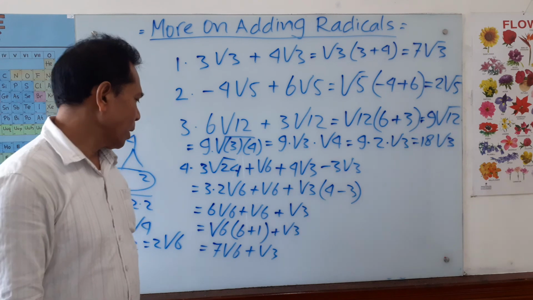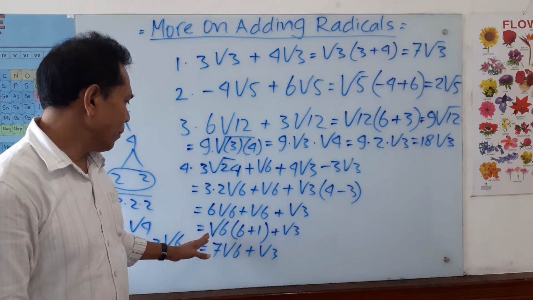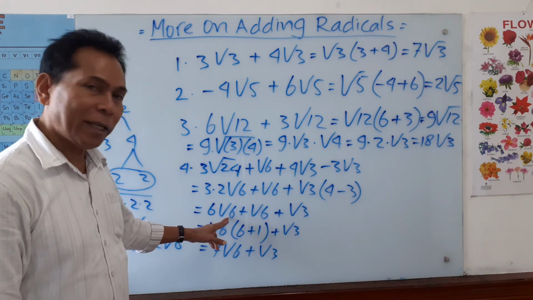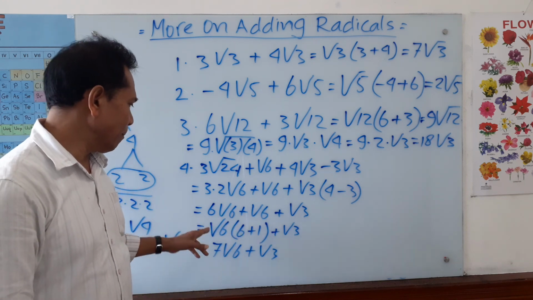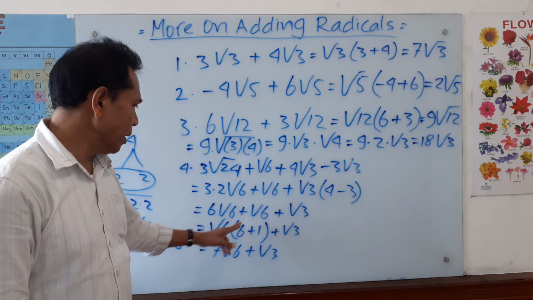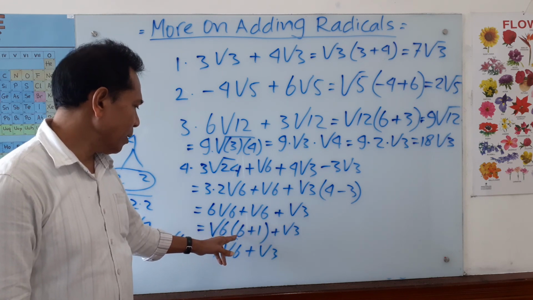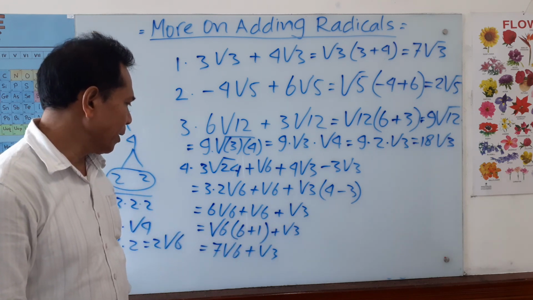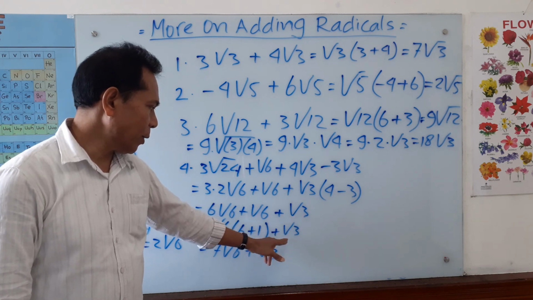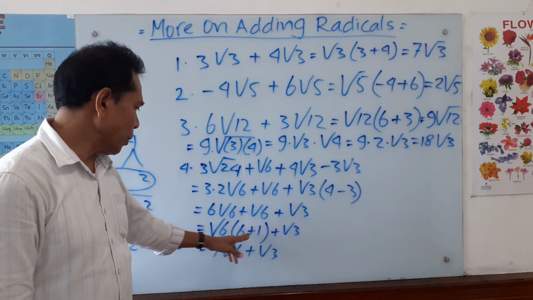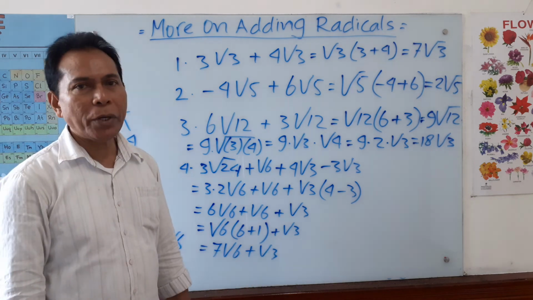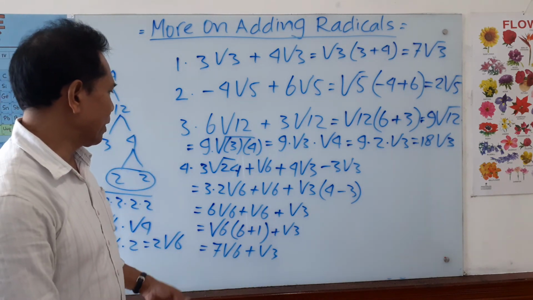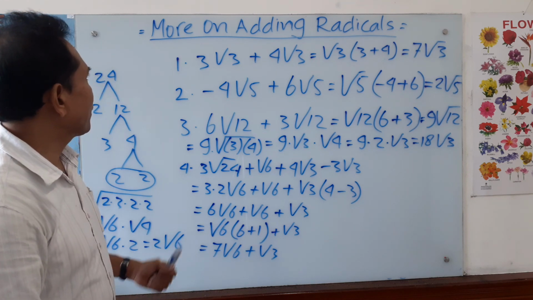So it's there. And then here, we have 1 here, because the radicals are the same. 6 here, 6 there. So we bring them, we can add them. So 6 plus 1 here. There is 1 here. So we have square root 6 here. And then 6 plus 1 is 7 plus square root 3 from that 1 here. So 6 plus 1 is 7, square root 6 plus square root 3. Alright, so that's all for the